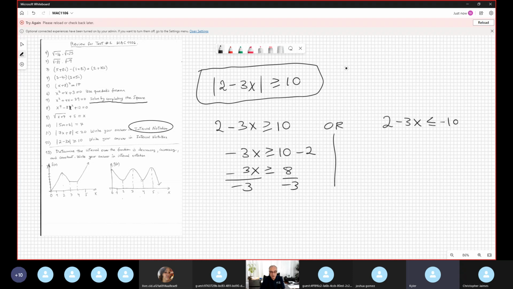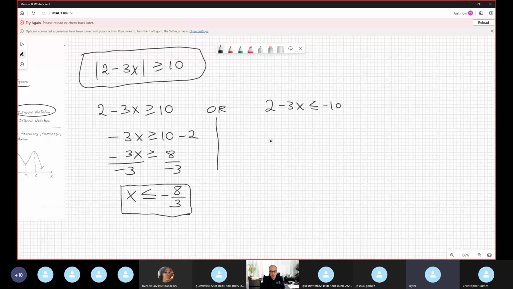Remember, my goal is to solve for x. X alone, positive, of course, negative divided by negative is positive. And this is very, very important: when you divide by a negative, you have to reverse the inequality sign. That is x less than or equal to minus 8 over 3. Okay, now I stop. This is one piece of the solution. The second piece of the solution is